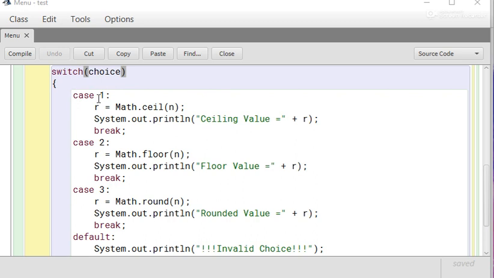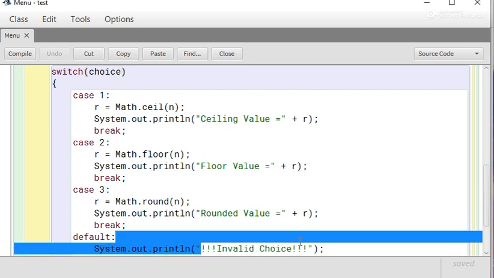Case 1 calculates the ceiling value of that number, case 2 is for floor value, case 3 is for rounded value, and the default section is used if the user does not give any number from 1 to 3, then you get a message: invalid choice.